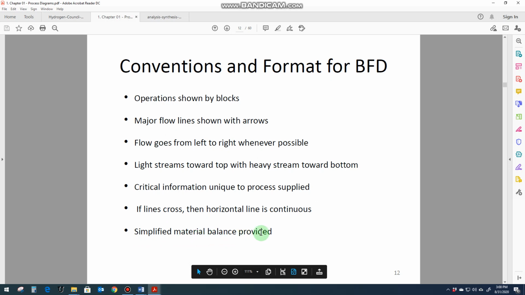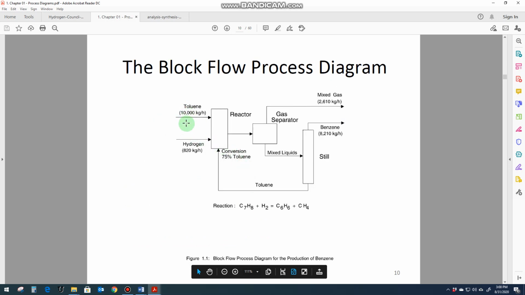Simplified material balance is provided. So whenever you make a block flow diagram like this one, you can simply provide the material balance. Obviously it will not give you the material balance of each stream in a very detailed way, but it will just give you the material balance in a generic form. For example, in this benzene stream, there could be some mixing of toluene or hydrogen in small quantities, but we don't show that. So we will only provide the